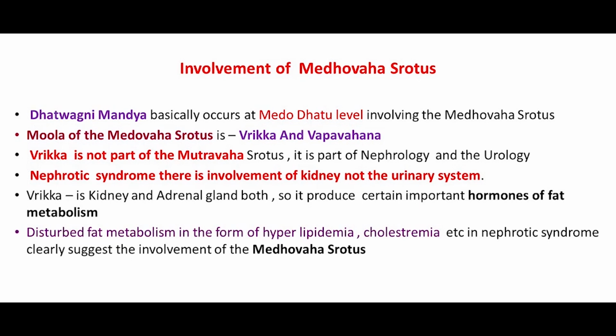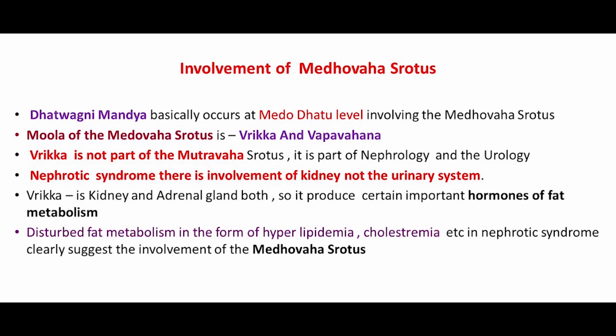So, nephrotic syndrome is there with the involvement of the kidney, not the urinary system. Urinary tracts are not much involved here. Only the nephritic part, that is, the nephrons present in the kidney, are getting involved. So, that kidney is the Mula of Medovaha Srotas. There are also so many hormones produced from the kidney, especially the adrenal glands, which play a very important role in the metabolism of the